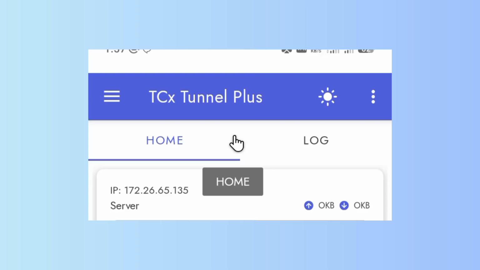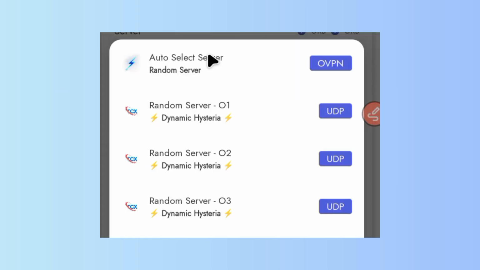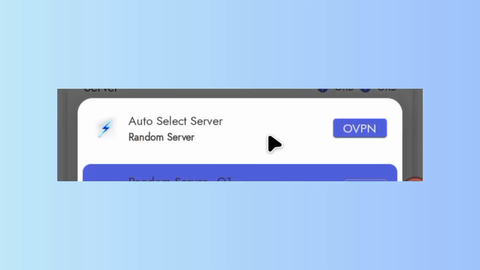And the other setting is you are required to pick a server. Where you see auto server, you are required to pick any of the presented servers. For today's guide, I recommend you pick any of the available servers. So you can either pick the auto server or one of the presented ones. After picking a server of your choice,